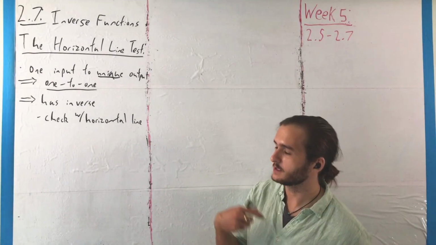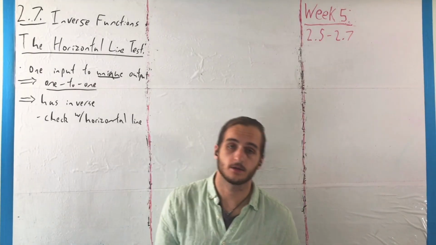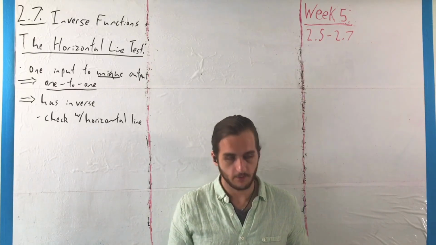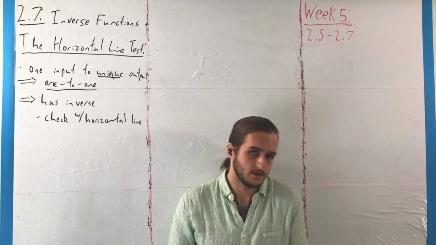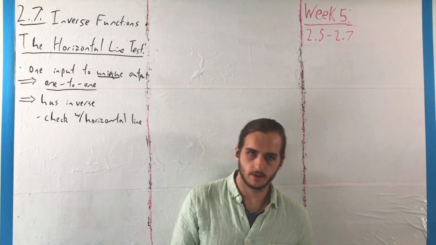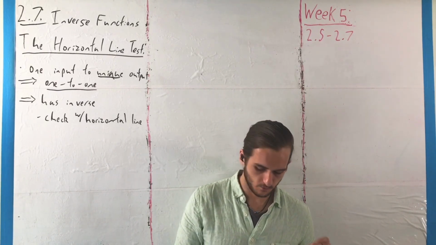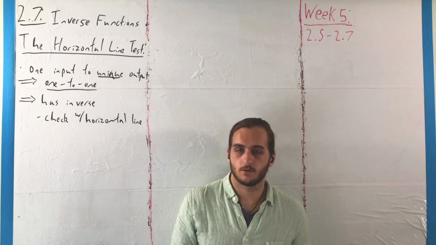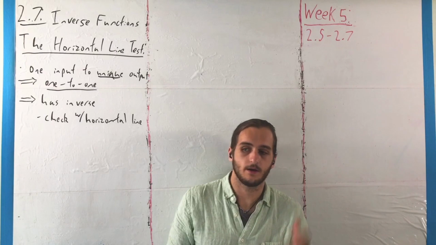So let's think about a very basic function here, f of x equals x squared. It's a nice function to work with, but if we want to find its inverse, we would end up having to take the square root of both sides, so we would get x is equal to plus or minus root y. And the problem there is that square roots don't necessarily have unique values, that is, you can